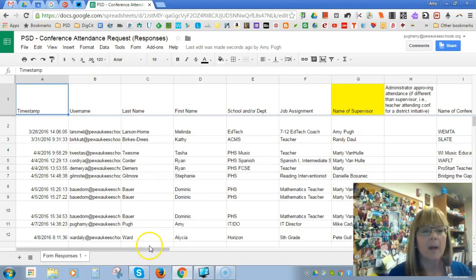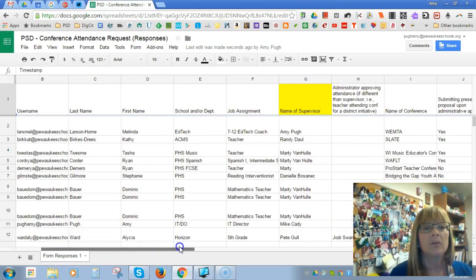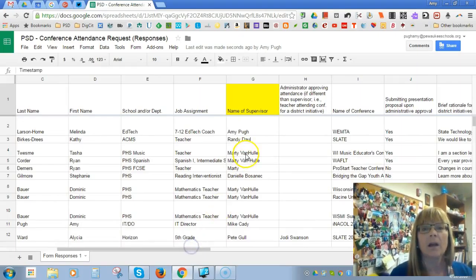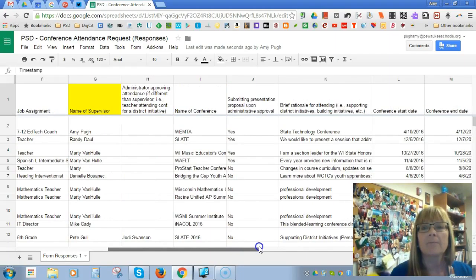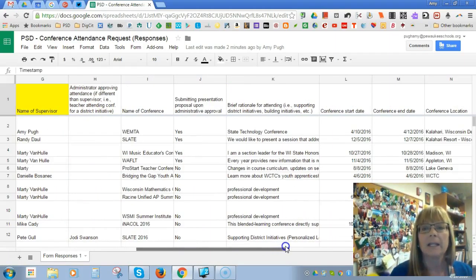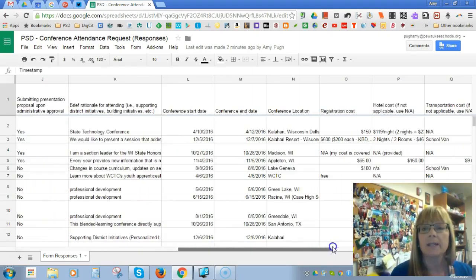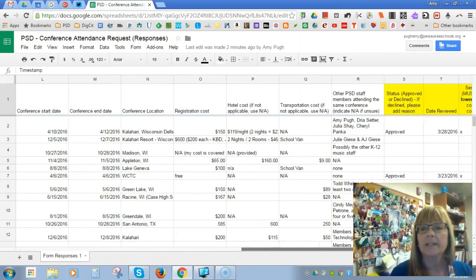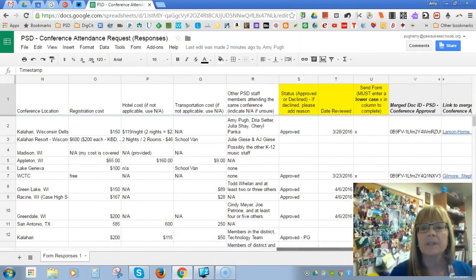Once you've set that up, then when you get that email notification, you'll need to come in here to this spreadsheet and you need to look and see in this column G, where we've highlighted it in yellow, who the supervisor is that needs to approve this. You'll need to read the information about who's submitting it, the name of the conference, information that they've put in, the start date, end date, the location, anticipated cost, and then this is the important